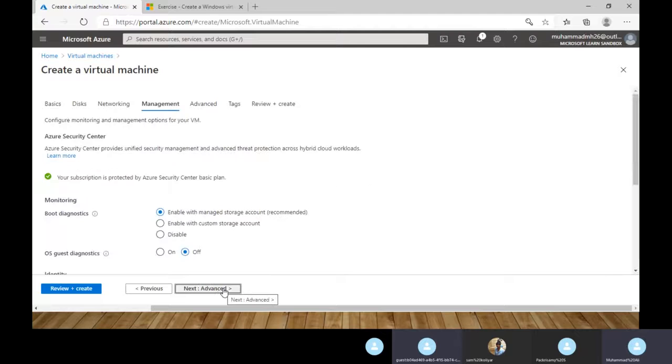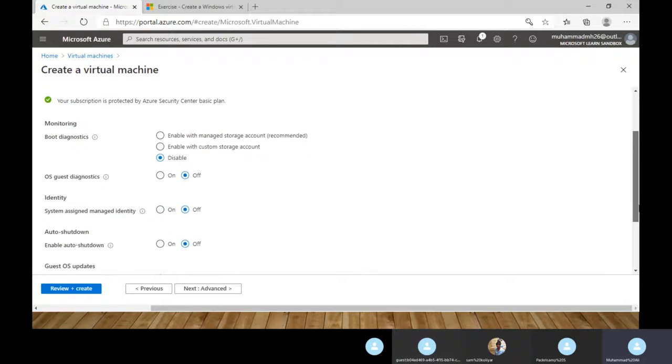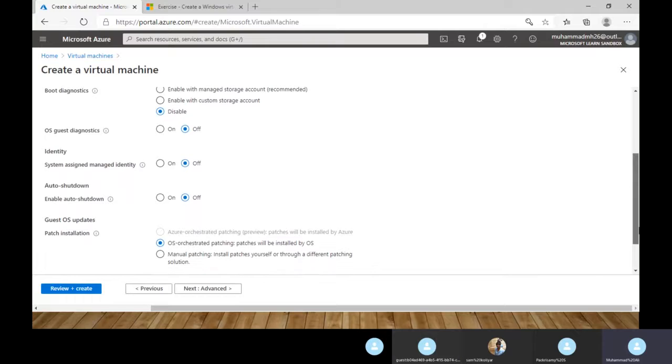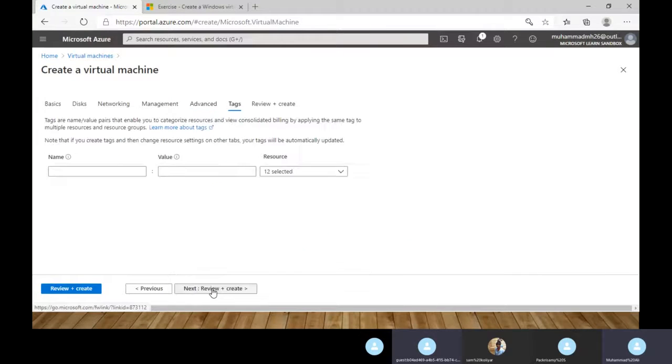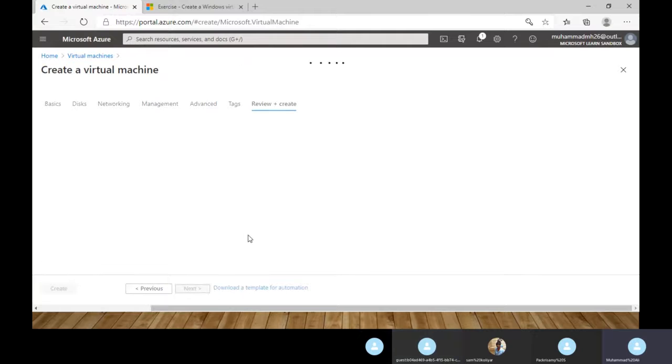I'm clicking next. As of now I am not enabling monitoring; diagnostics I'm just keeping off. Auto shutdown and guest OS update, I am not making manual as of now. So next, next, next.